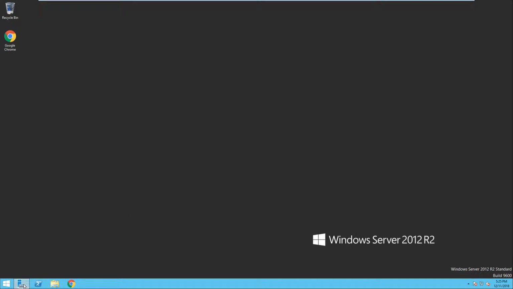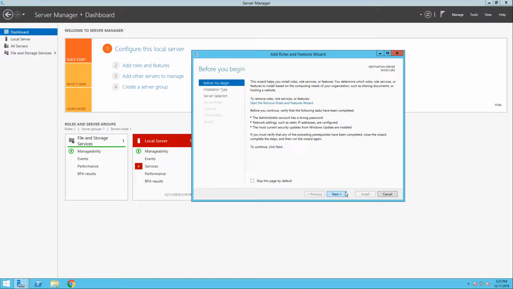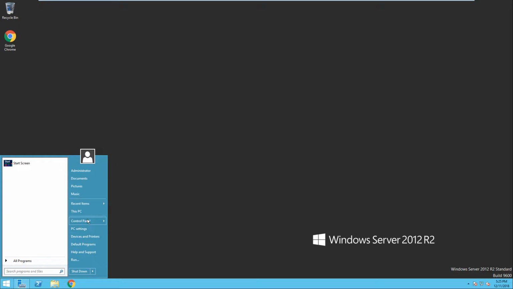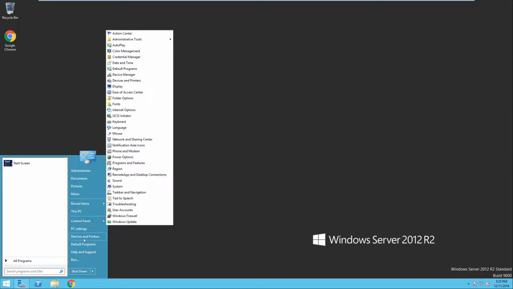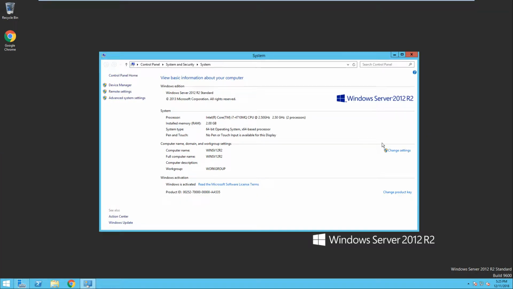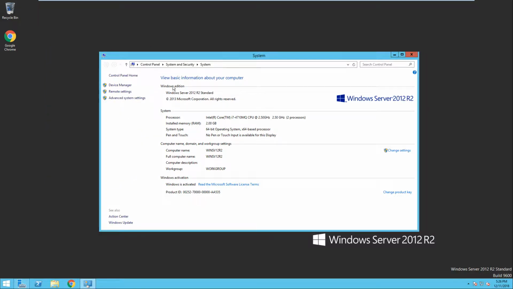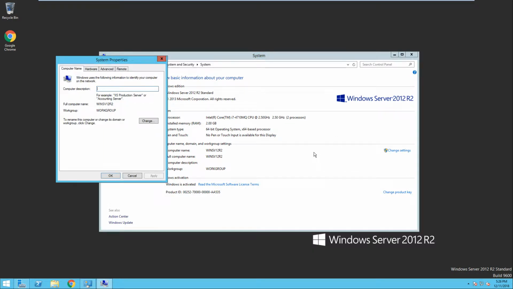So first things first, you gotta open Server Manager, you go to Manage, Add Roles and Features. There's one thing I forgot to do, which I'm gonna do right now, which is going to PC settings up there. Oh, it doesn't let me, so you can just go to here and we go to remote settings. Let's enable remote access first. It's important to have remote access, and then we go to change settings,